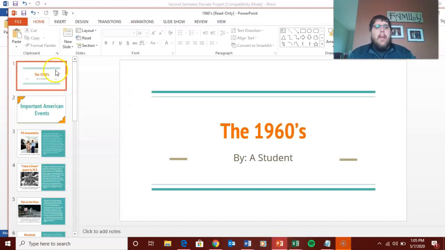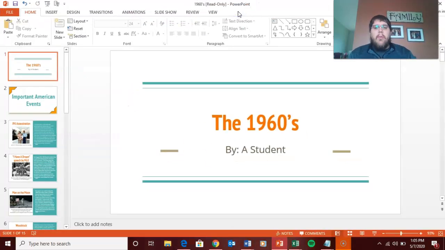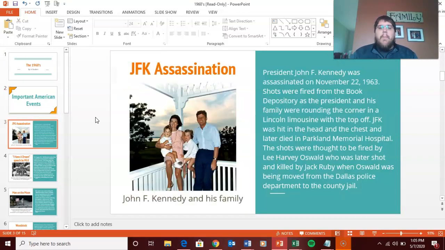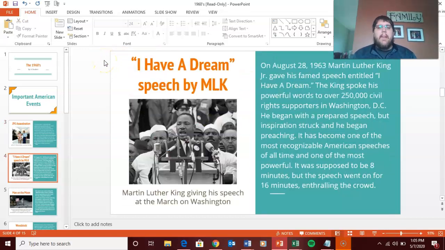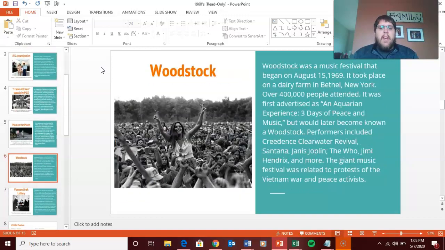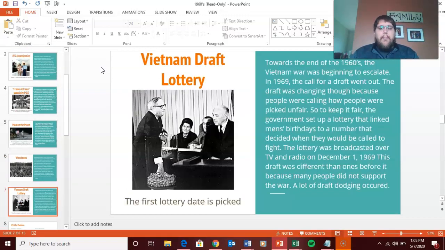And now to show you an example of what this project really should look like. Here's an example from a student that I had last year that chose the 1960s. So as you can see, their layout, they pretty much just followed the format as to what I have on there. They picked their 5 American events. You can see the start date being 1963 for the JFK assassination, the I Have a Dream speech by Martin Luther King, and then just make sure you have those 6 bullet points, those 6 pieces of information that you would need to include on there.